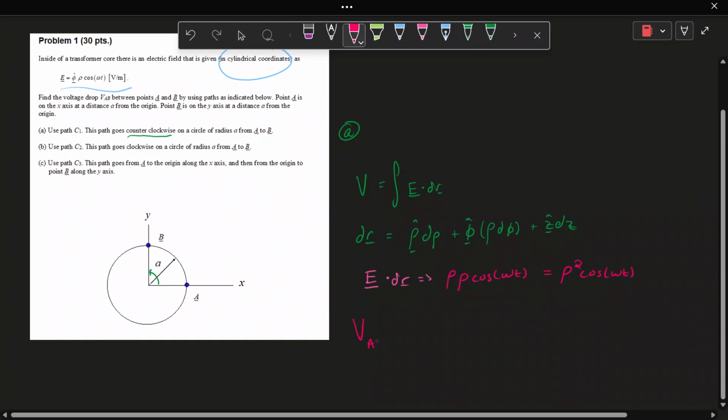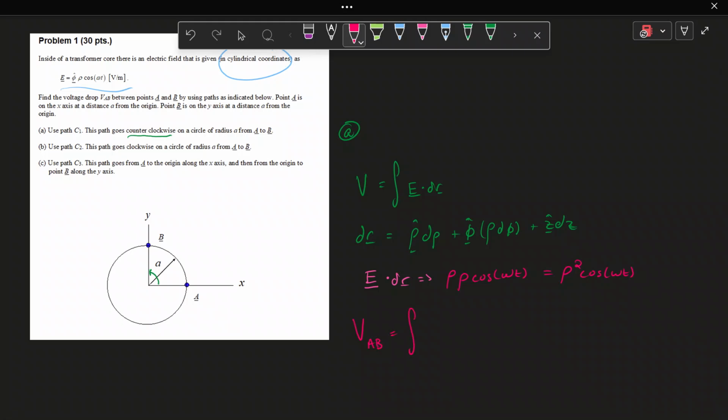Now, VAB is equal to, what is our new d phi? Or what are we integrating with respect to? Well, it needs to be d phi because right here we're using this unit vector phi hat. So we get E dot dr is equal to this times d phi. We can't forget that. So it becomes rho squared cosine omega t d phi. And now since we're integrating over phi,